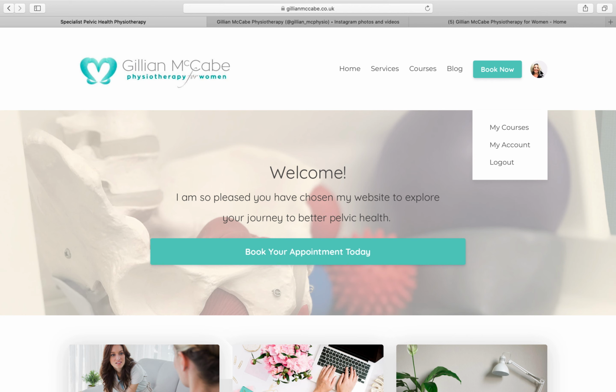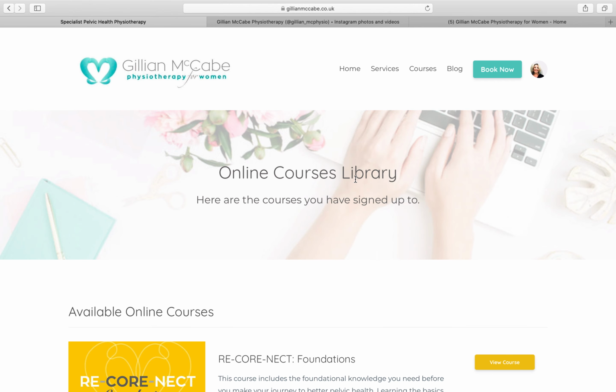Once you're logged in, you click on this circle here. If you want to add a picture so that you know when you're logged in, click on my account and you can add your own picture there. But what we're going to do now is take you through part of the course so that you can see how it works. So you click on the round picture. This brings in a drop down menu which will say my courses or my library, my account or settings, and login or log out. We're going to click on my courses and it'll take us to the course that you've bought,